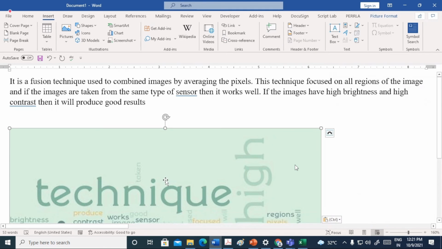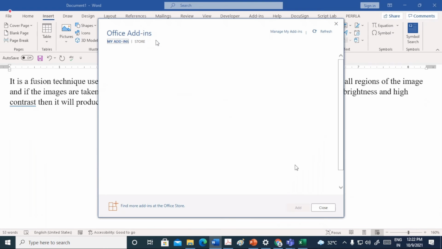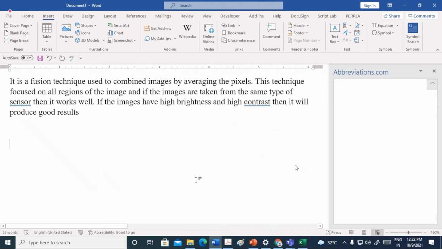Let me remove this. Let me get my edits. So here it is, abbreviations.com. I'll just add W, and write something over here, WH.